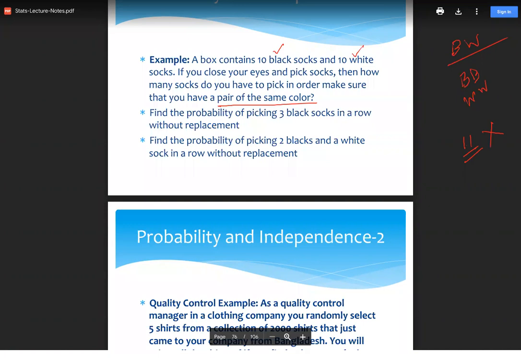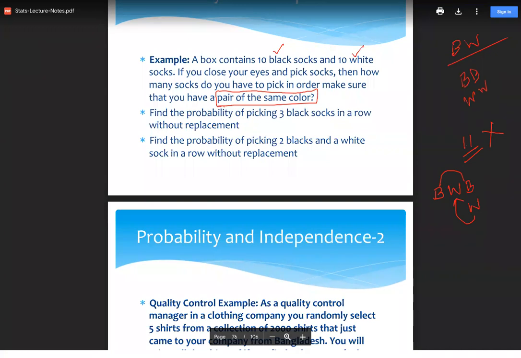That's wrong. Why? The key here is to recognize that you want a pair of the matching color, right? So let's say the first one you pick is black, out of this box of 20. The second one you pick is a white. Great, no match. But the third one definitely will be a match. Why? If it is black, then black and black matches. If it is white, then white and white matches. So the minimum number of socks you can close your eyes and pick and ensure that you have a matching pair